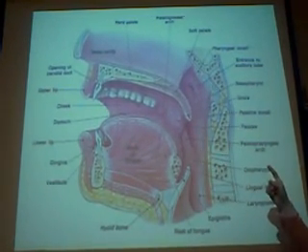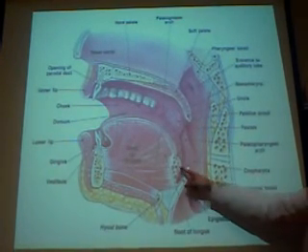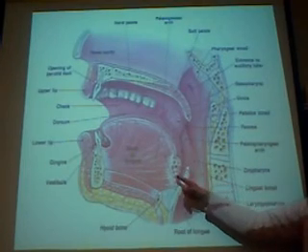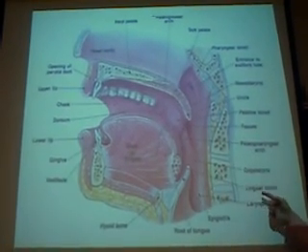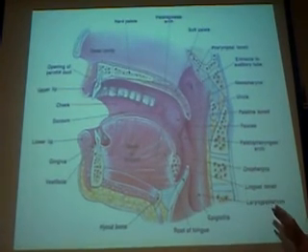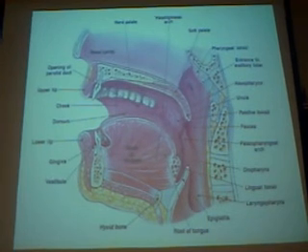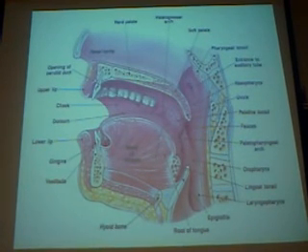You also have another set of tonsils at the back of your tongue. They do label them here. You'd have to stick your tongue way far out to see these lingual tonsils, but they're at the very back portion of your tongue. What do these tonsils do? Attract bacteria and debris. Yeah, they're trapping bacteria and debris, things that are coming into the oral and nasal cavities. So we're trying to prevent those things from moving further down into